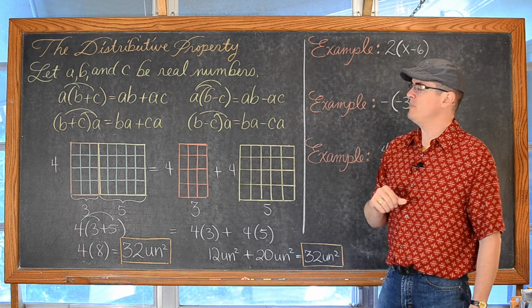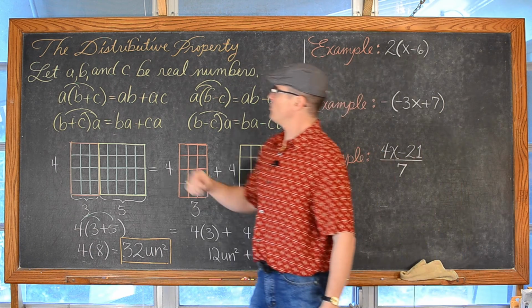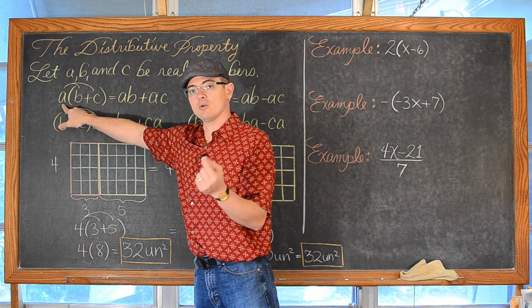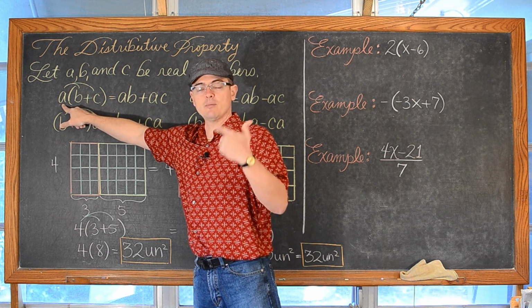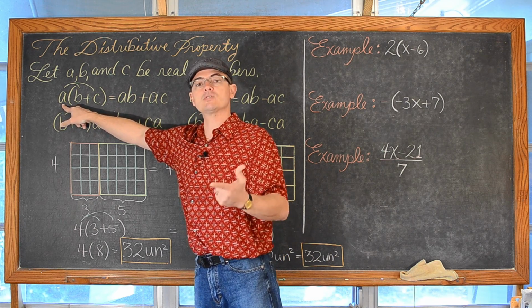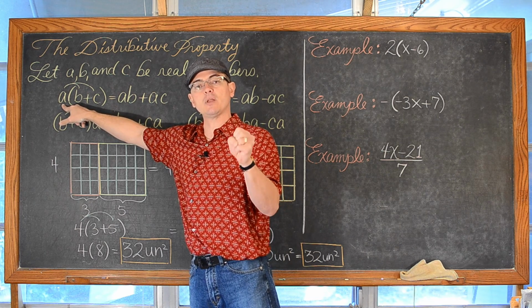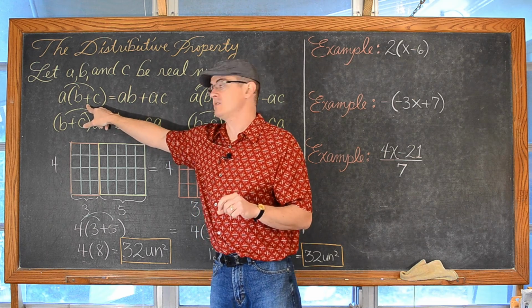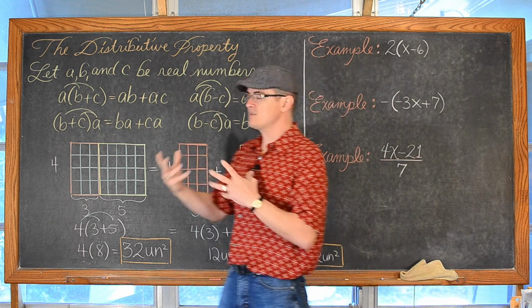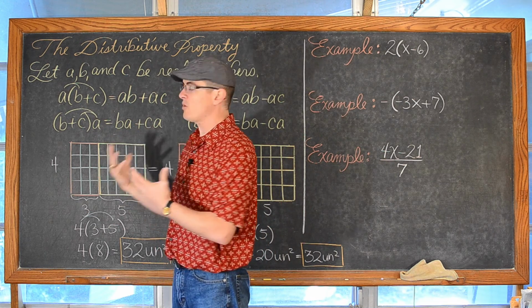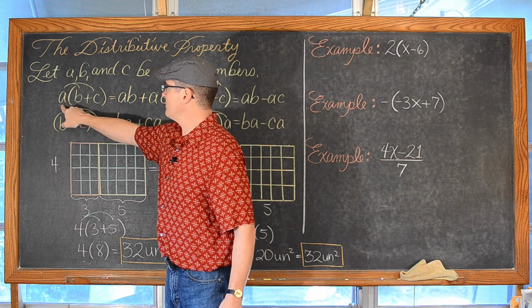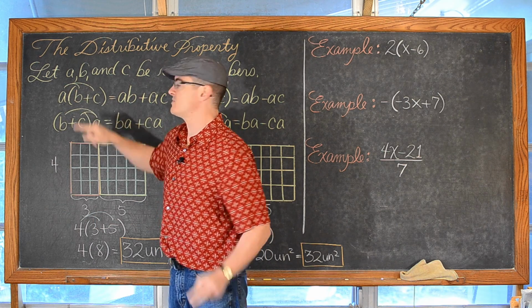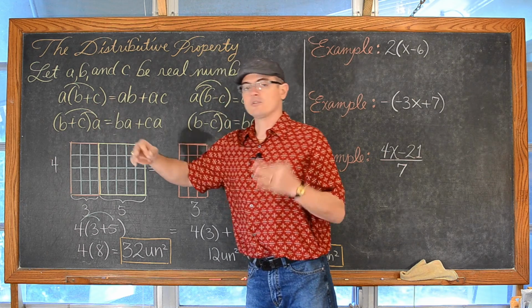Let A, B, and C be real numbers. And what we're going to be looking at is a term. It might be a number, might be a variable. It could be a collection of numbers and variables that are multiplied together and they're in a single group. And terms are separated by addition and subtraction. So at least in the standard, basic formula, if you will, we have one term being multiplied into a grouping of two terms. But you could have three terms in here.